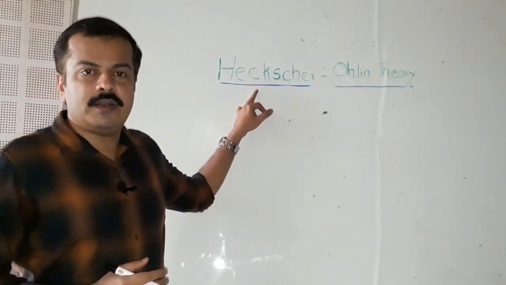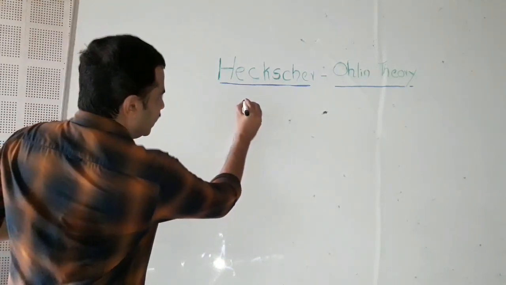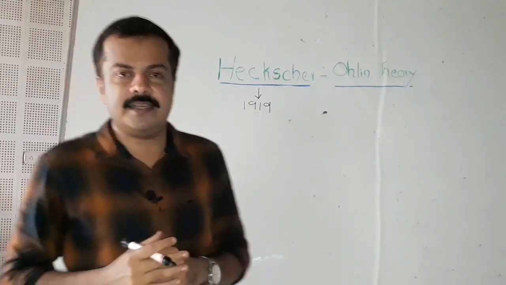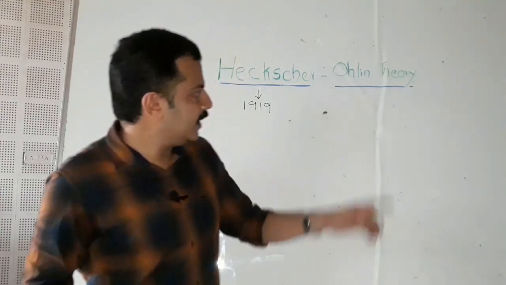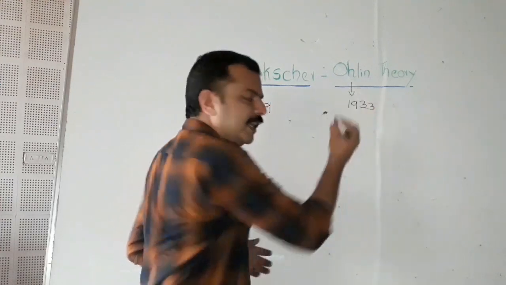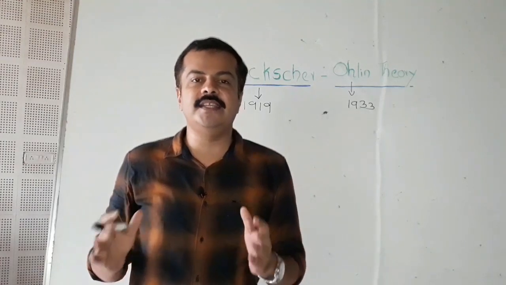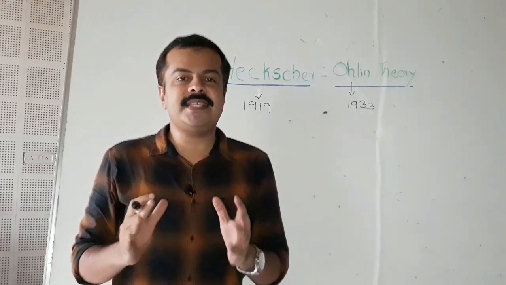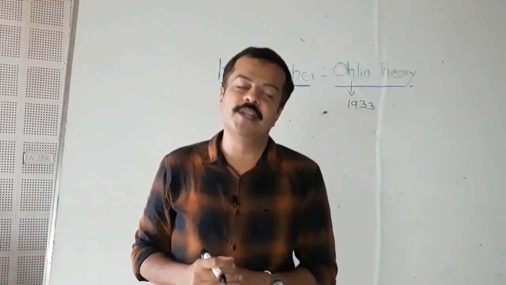The first empirical work was provided by Eli Heckscher in the year 1919 when he published a celebrated article, The Effect of Foreign Trade on Distribution of Income. Later, in the year 1933, his own student Bertil Ohlin published his famous book, The Interregional and International Trade. These two works provide the basic outline of the factor endowment approach or the Heckscher-Ohlin theory.